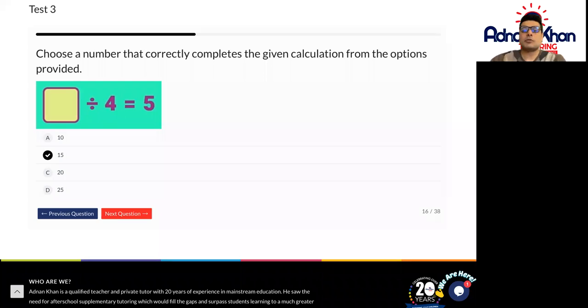So here you've got multiple different types of questions to answer. Each question is very different. So you may have addition, subtraction, multiplication, division, fractions, filling in the blanks and ordering numbers, so many different types